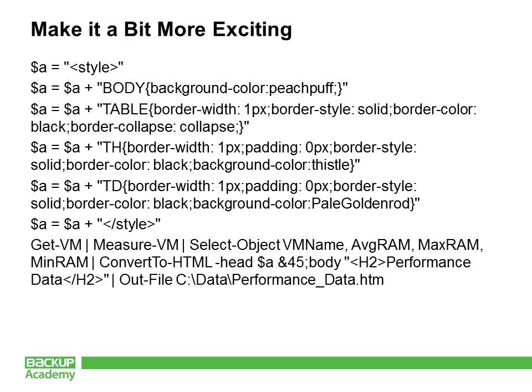But then here's where things get a little bit interesting. Right after convert to HTML, we've got a -head parameter. And we're specifying $A after that. So all of this HTML code that we've added to the $A variable is going to be inserted right there. So then after our $A variable, we're inserting body code. And in quotation marks, we've got an H2 header. We've got performance data. We're closing the H2 header. And then only then do we do out-file, and then we're specifying the name of the HTML file that